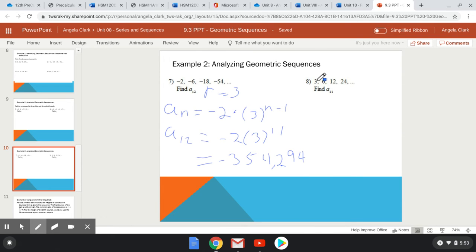So again, I want to ask myself, what am I multiplying by each time? This time it's 2. So this time R equals 2. So I'm going to write out my equation. A sub n equals the initial term times 2 to the n minus 1. And then I can't simplify that, so I'm just going to find A11. So that's going to be 3 times 2 to the 11 minus 1, which is 10. So 3 times 2 to the 10th, and I put that in a calculator, and I get